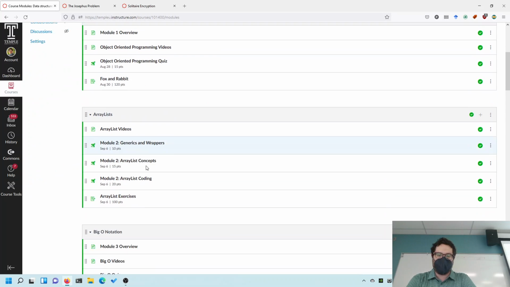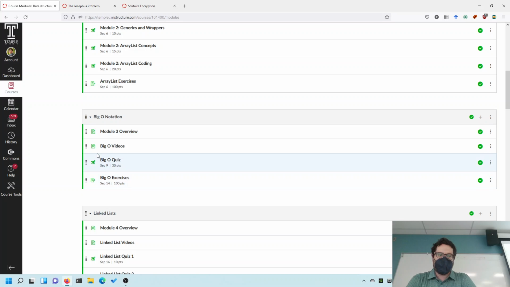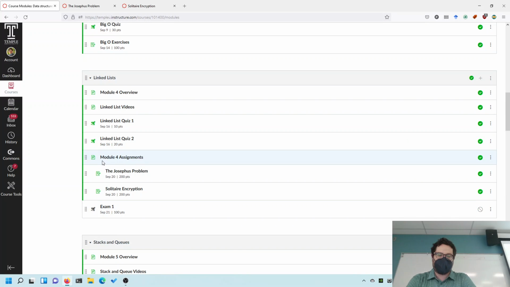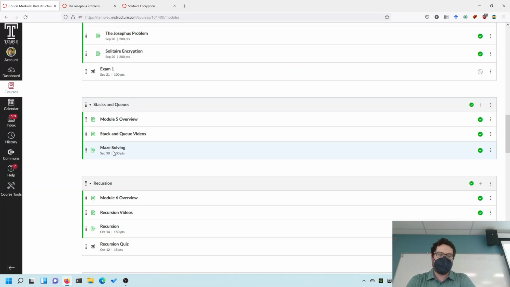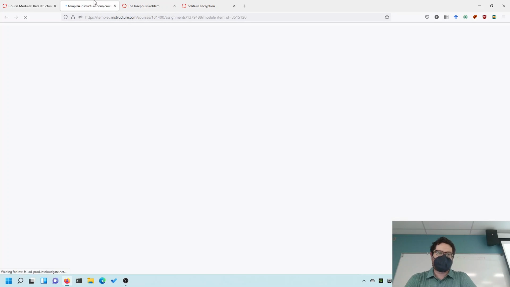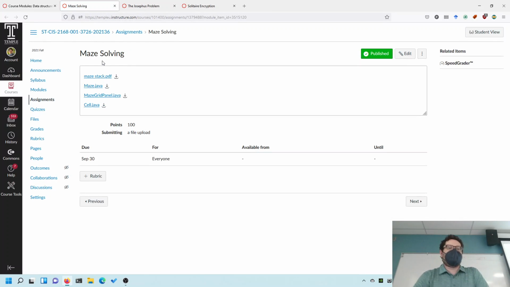And now we've got the maze exercises to do. So the maze solving isn't actually too difficult once you get it understood. It should also be fun. I created this one. This is one of those where I created it on my own and didn't really have to take any inspiration from anybody else's prior assignment. So this is all code that I wrote.